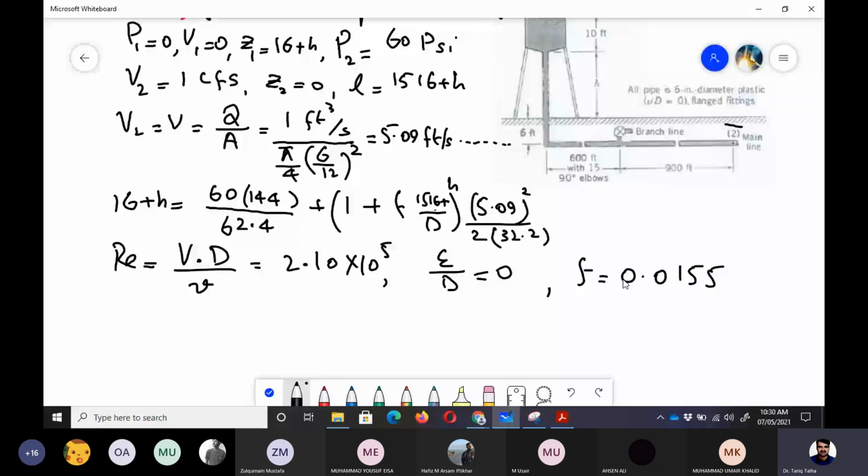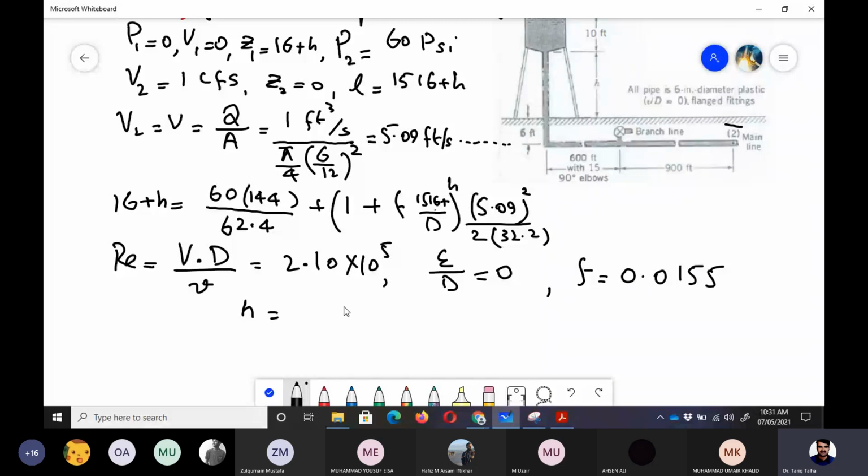Once we get this, it is just a matter of putting in the friction factor and diameter values, and taking the terms involving h on the left hand side and the others on the right hand side. So if we do the calculation, the h value, that is the head which is needed here to make sure that the pressure doesn't drop below 60 psi at the